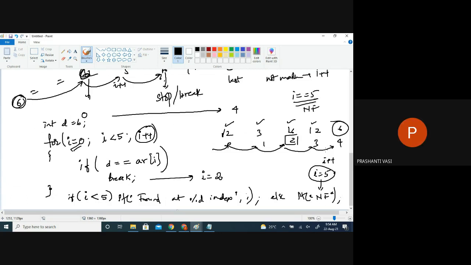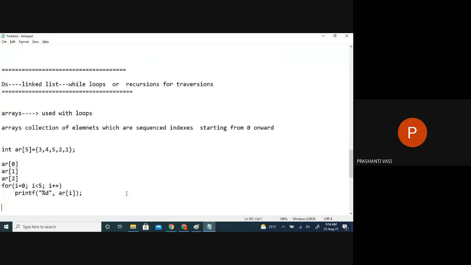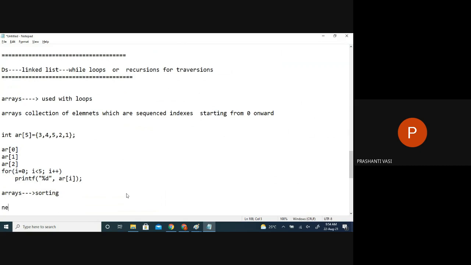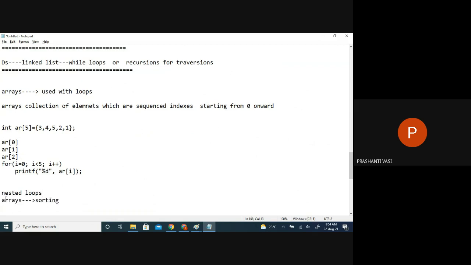I'll give a list of questions today, I'll just send you. I think Monday will start again because I have to go out now. The topics I want to briefly give: arrays, we will cover some more, like two-dimensional arrays, and some sorting technique. Anyhow, we need this. Sorting techniques, I'll teach you bubble sort. With this, at least you know how to traverse using nested loops, so I'll have to teach you nested loops first, then only can I teach you sorting techniques. So on Monday's class, we'll discuss nested loops first, and then one sorting technique.